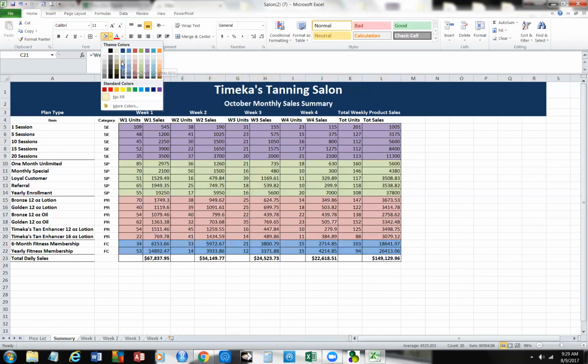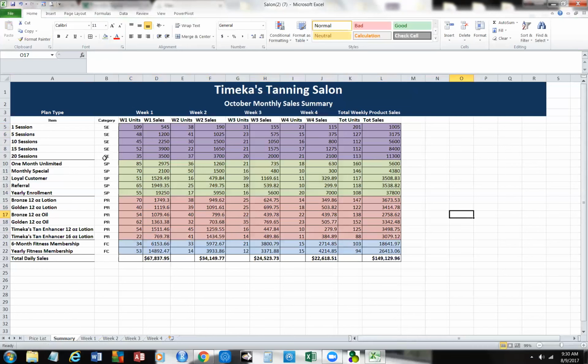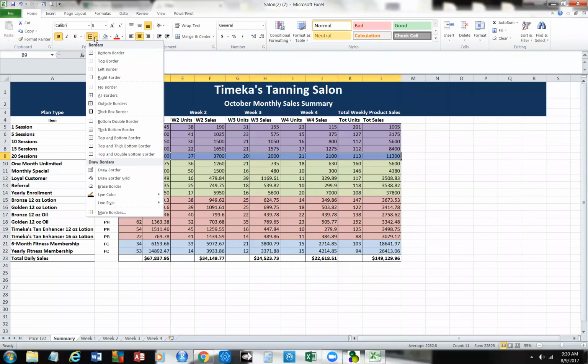It kind of fits with everything. Okay. Now, the spreadsheet is much easier to see, much easier to do. Now, the one thing I'm going to do is they had separated these sessions off here, these products, using that underline. So I'm going to put my cursor here on cell B9, and I'm going to come all the way across. Okay, and I'm going to put a bottom border